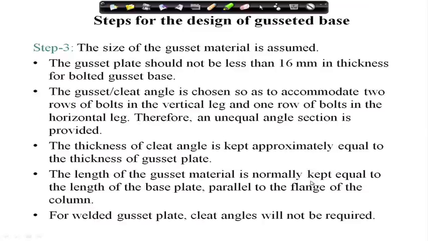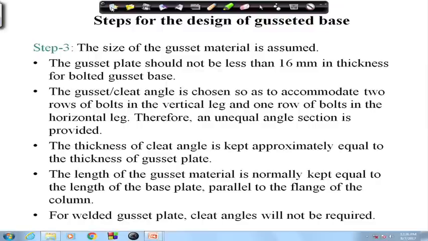Okay. To find out length and breadth, we need to find out certain other things also, like in step 3 we can find out the size of the gusset material. First of all, the gusset plate should not be less than 16 mm. So, at least we have to provide a 16 mm gusset plate, and if we provide a cleat angle or gusset angle, meaning in case of bolt connection, then we will provide the size of the cleat angle or gusset angle